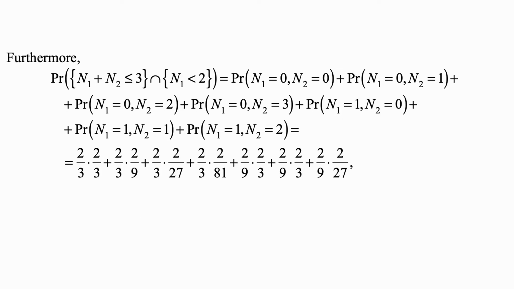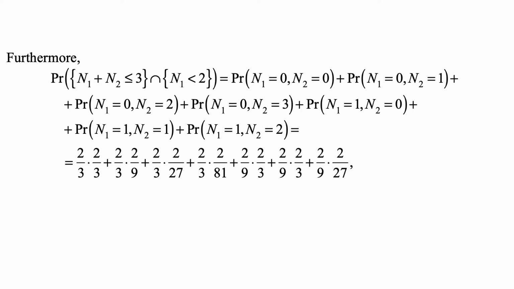Furthermore, the probability that N1 plus N2 is less than or equal to 3 and N1 is less than 2 is the probability that N1 is 0 and N2 is 0 plus probability that N1 is 0 and N2 is 1 plus probability that N1 is 0 and N2 is 2 plus probability that N1 is 0 and N2 is 3 plus probability that N1 is 1 and N2 is 0 plus probability that N1 is 1 and N2 is 1 plus probability that N1 is 1 and N2 is 2,